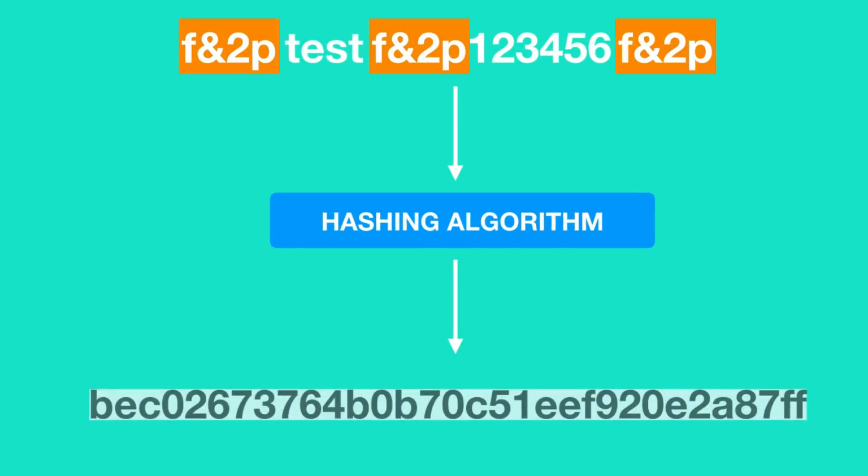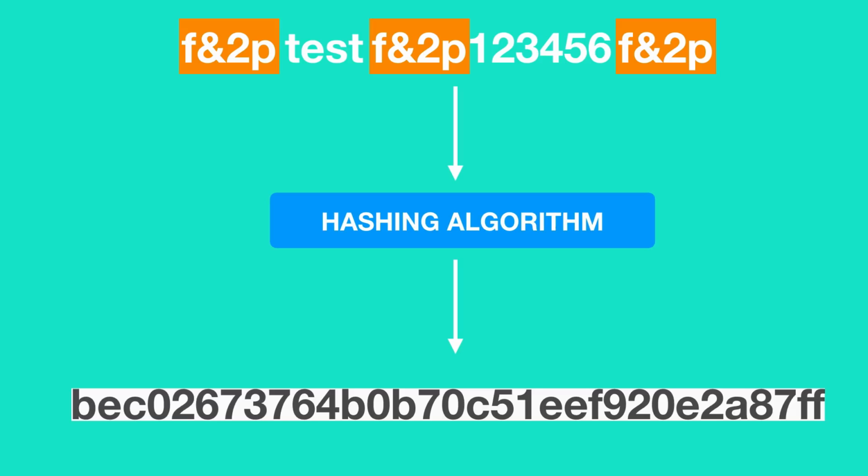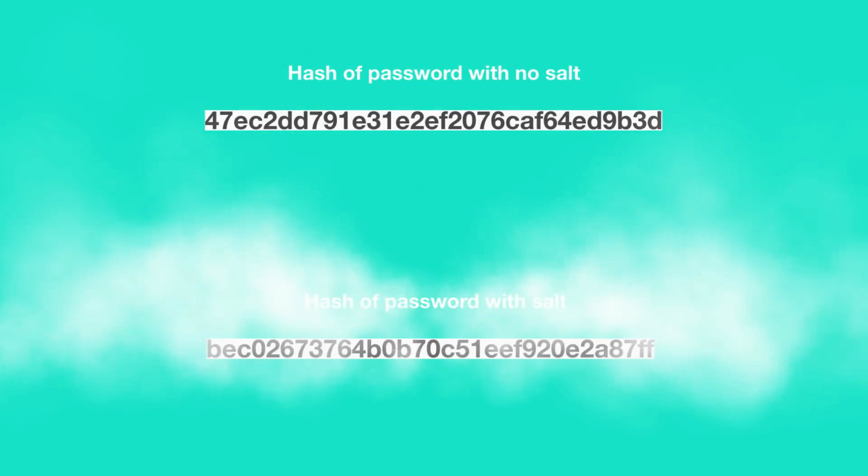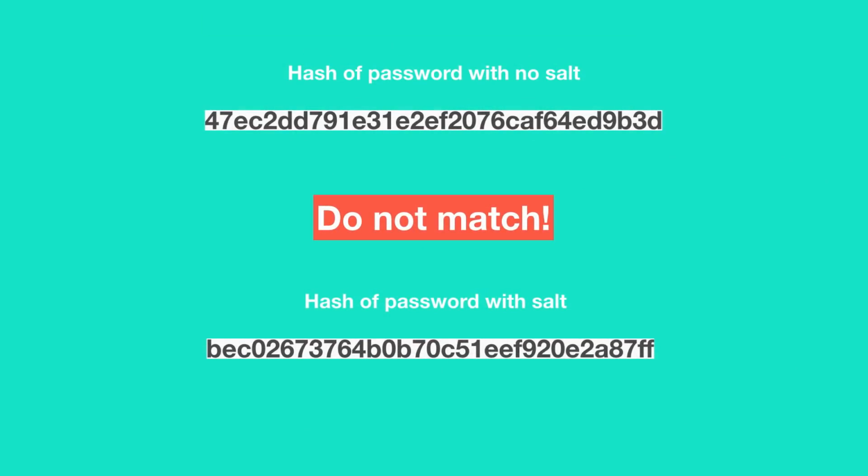After salting the password, the salted password is then hashed by a hashing algorithm. So, when a salt is used, rainbow tables are of no use even if the password to be cracked is a weak and commonly used password, because the hash of the password without salting does not match the hash of the password which is salted. Also, brute force attack and dictionary attack are not effective to crack salted passwords unless the hacker already knows the salting algorithm employed by a company.